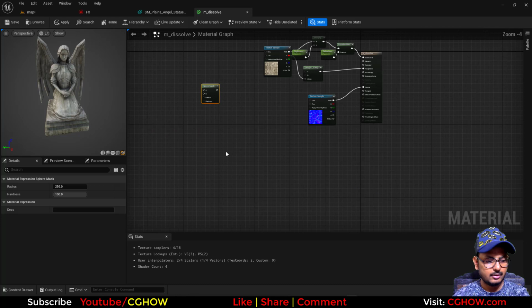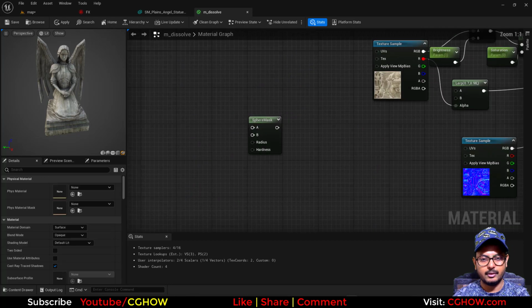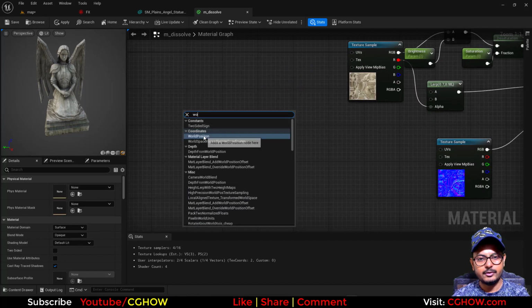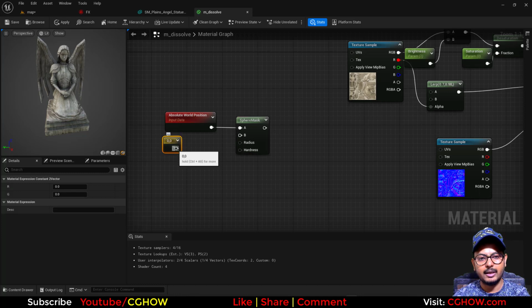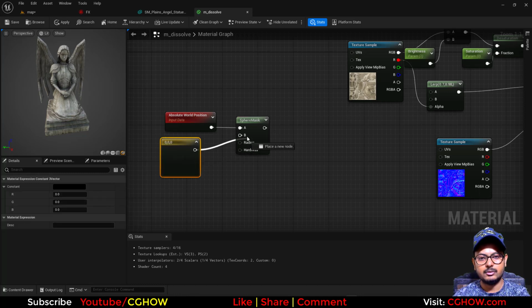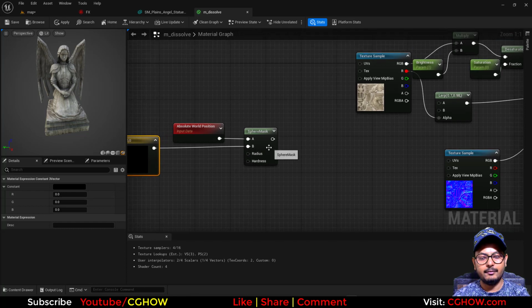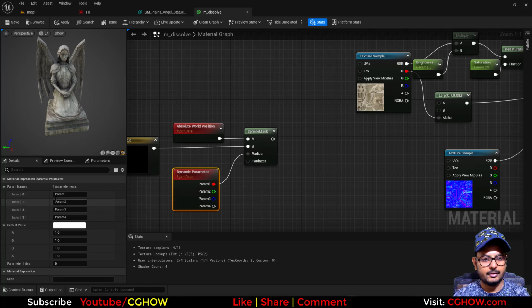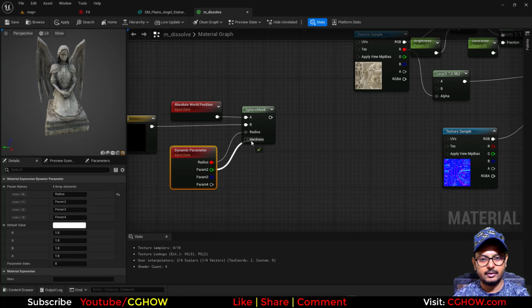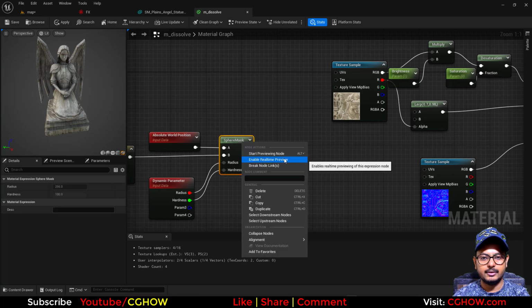My mouse is working weird. Okay, world position, and B will be like your offset. You can offset this sphere location, but I want to use that on 0, so I'll just use this. Then we have a radius, so dynamic parameter. This is our radius. Then this is the hardness we need. Hardness. If I preview this now,